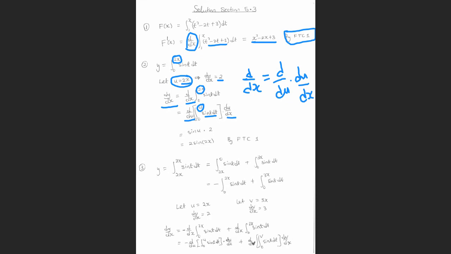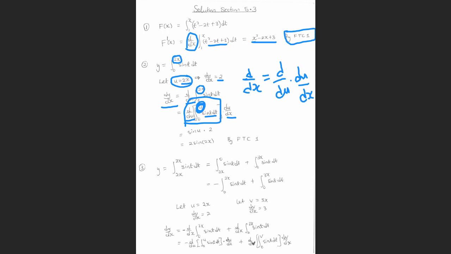All right. And notice this works because you are now differentiating with respect to u. It means that this upper bound has to also be in terms of u. Always keep that in mind. You can't say d/du and then here you are still writing x or 2x. d/du means with respect to the variable at the upper bound. All right. Now this is already in the standard form, so d/du of the integral from 0 to u of sine t